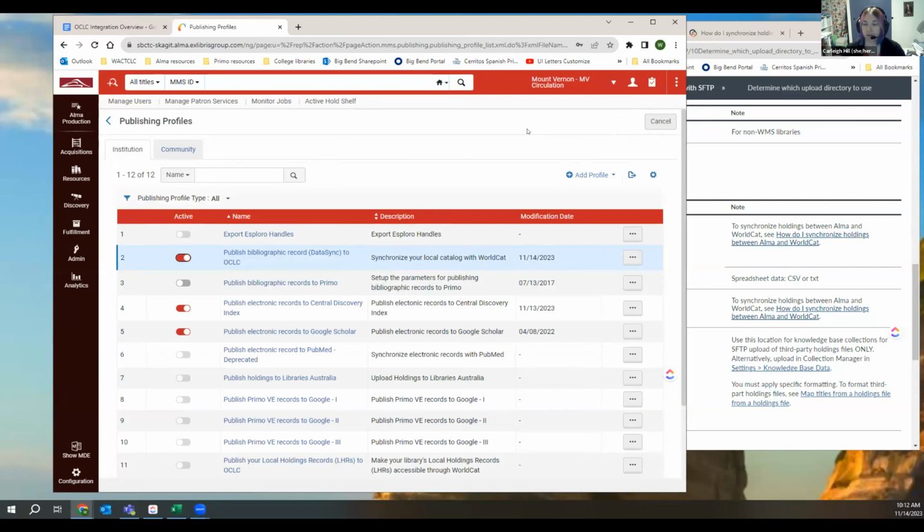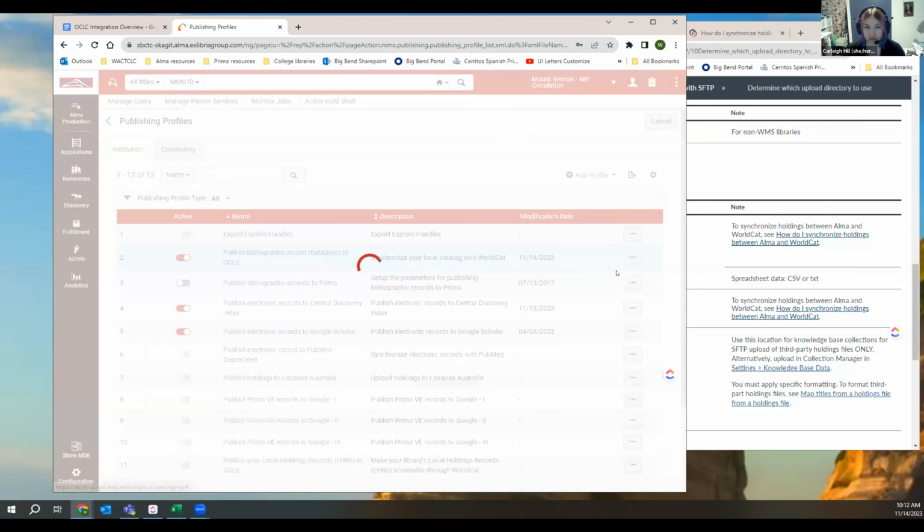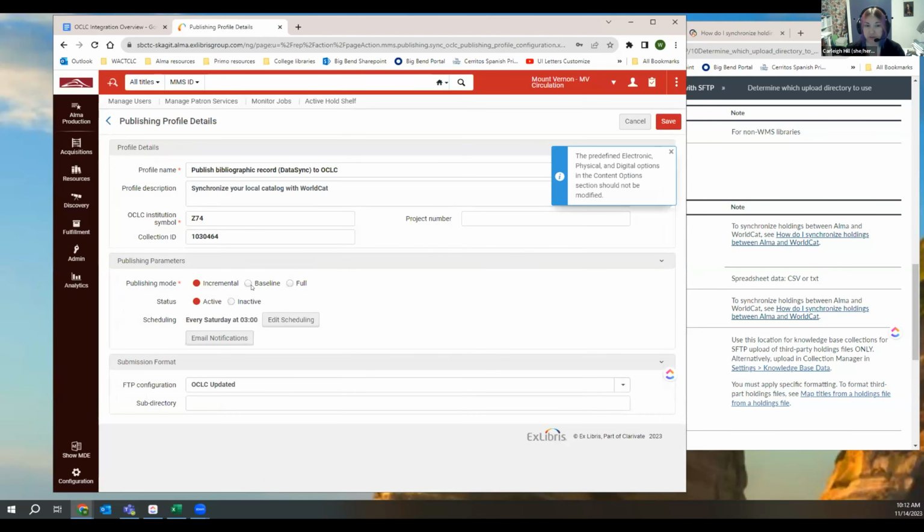The incremental works a little bit like the daily patron loads, where it should just be updating the user files that have updates. And I have not actually looked into it, so it's got this full, so I don't know, it'd be interesting to look